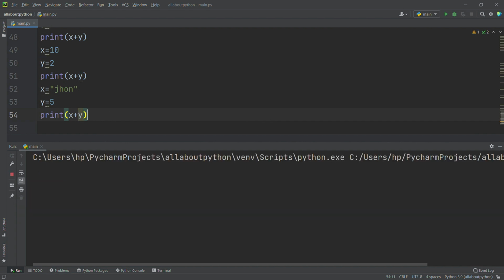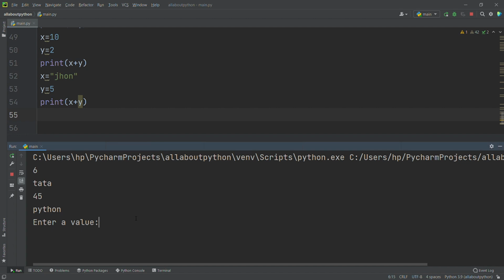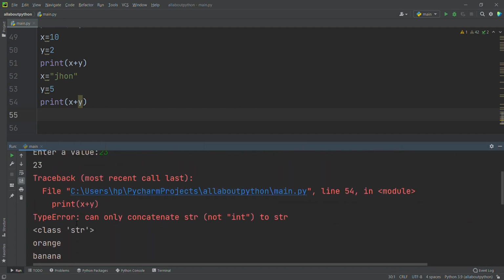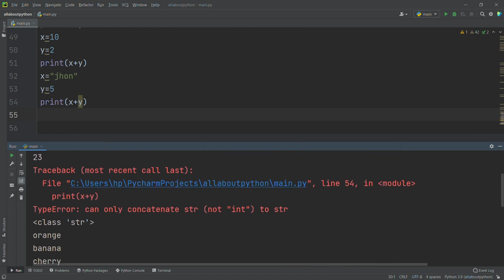It's definitely going to throw an error, right? Here it's throwing an error in the 54th line: print x plus y, can only concatenate string, not integer to string. So we cannot concatenate strings and integers.